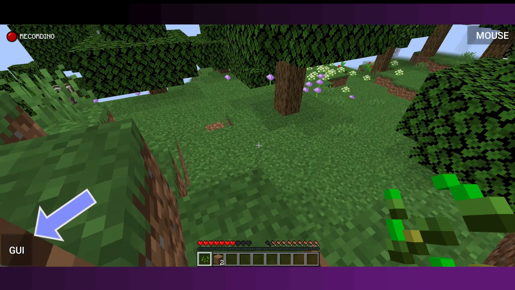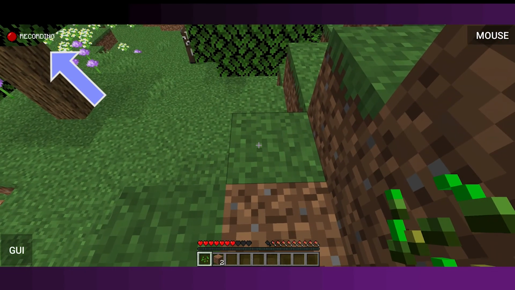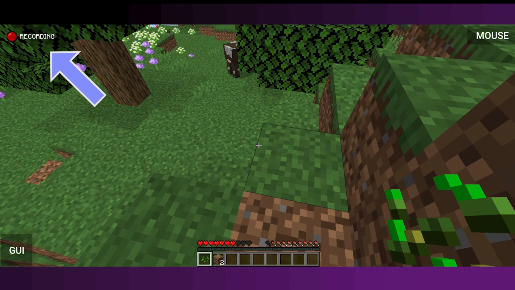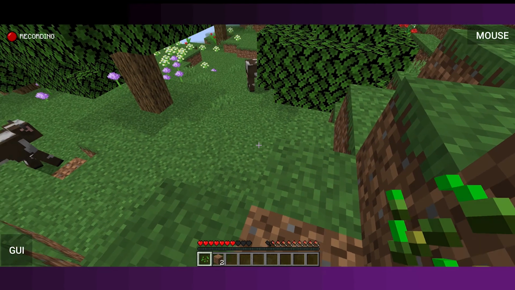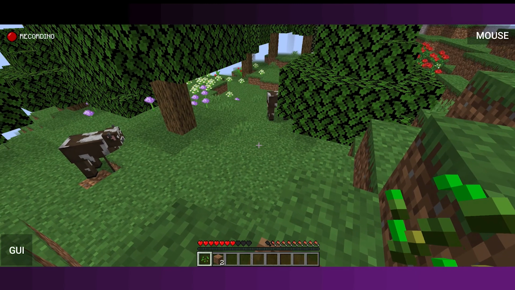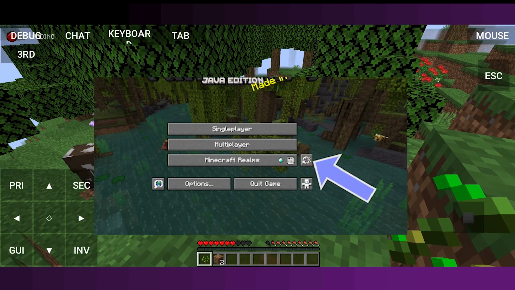With this button you can hide all other buttons. Now you can also see in the top left corner the sign from the Replay Mod. It records the world in the background. After closing the world, it saves the recording to the place in the menu which I showed you before.